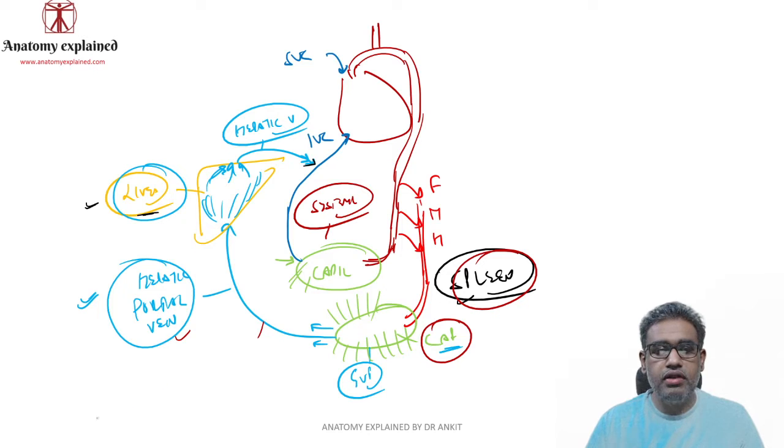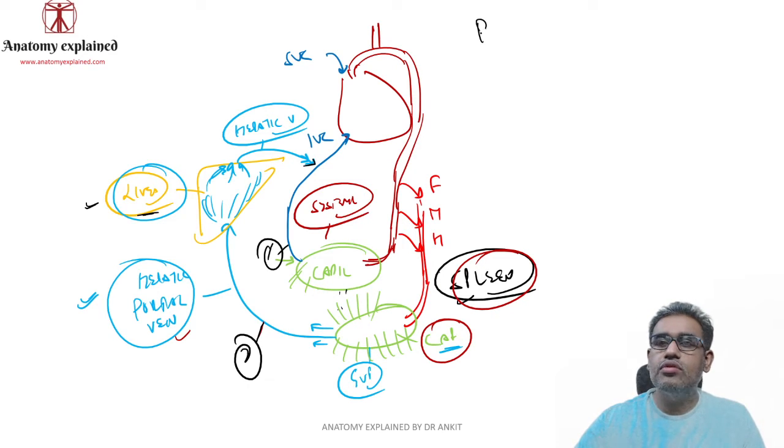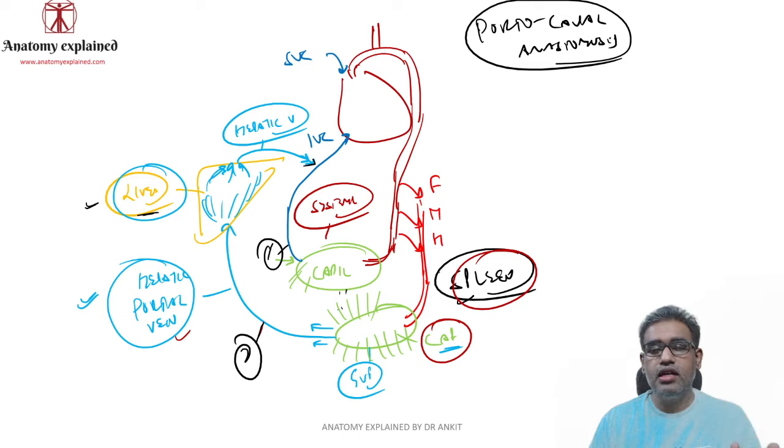places of the body, these two, that is the portal circulation and the systemic circulation, their tributaries are going to interact with each other, and that is our portocaval anastomosis. Okay, so I repeat again, the portal system is for the gut part plus spleen part, but it will have a lot of small tributaries. Those tributaries are going to interact at few areas of our body with the tributaries of the systemic circulation. That is our portocaval anastomosis.